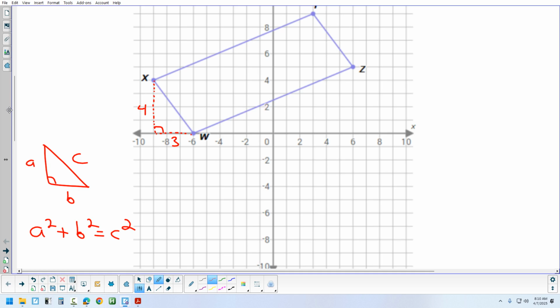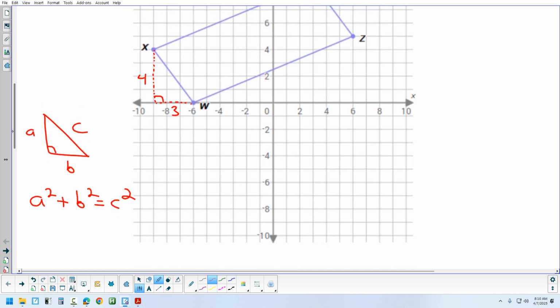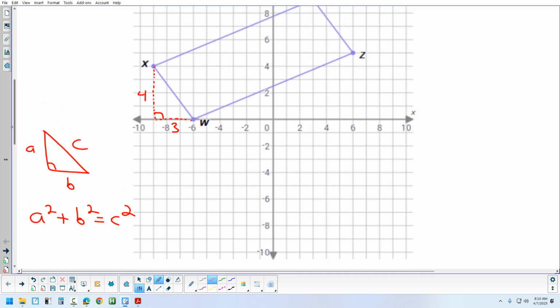If we fill them in, it doesn't matter which one is a and b. If you want to call this one a and this side b, then that side over there is c. So we've got 4 squared